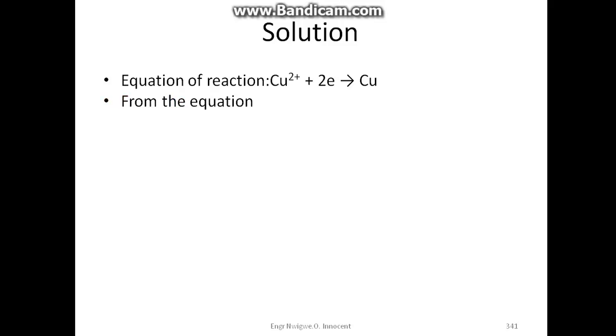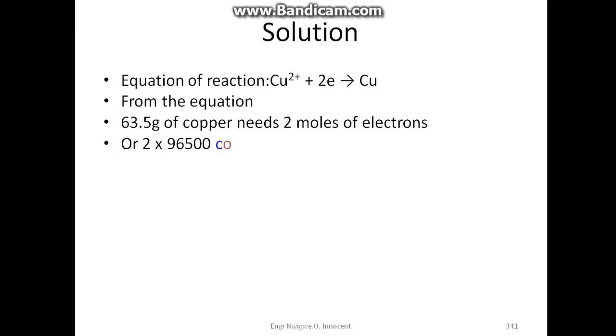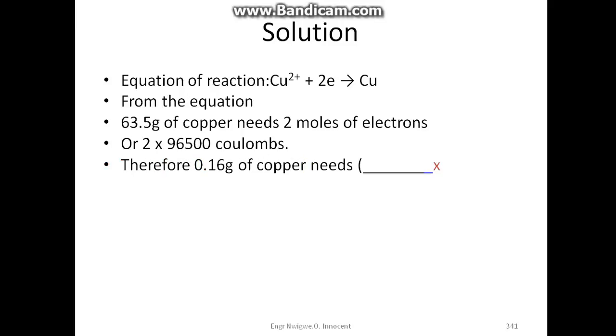From the equation, 63.5 gram of copper needs 2 moles of electrons or 2 times 96,500 coulombs. Therefore, 0.16 gram of copper needs 2 times 96,500 over 63.5 times 0.16 over 1 coulombs, which will now give us